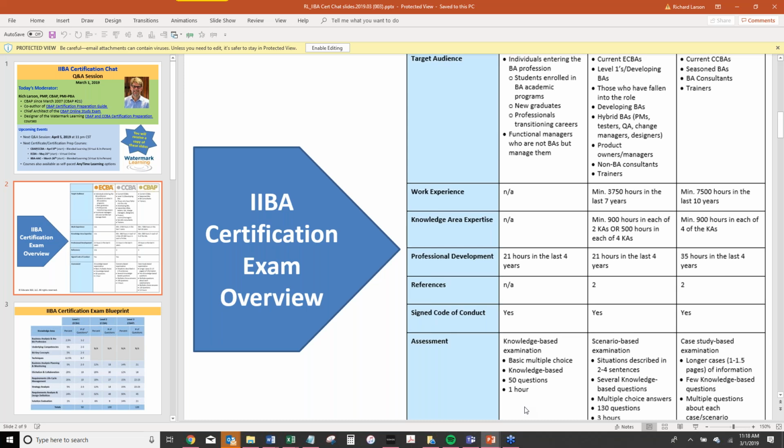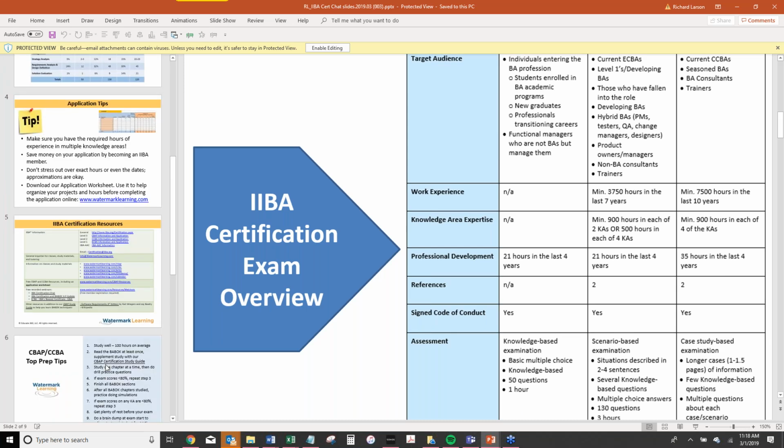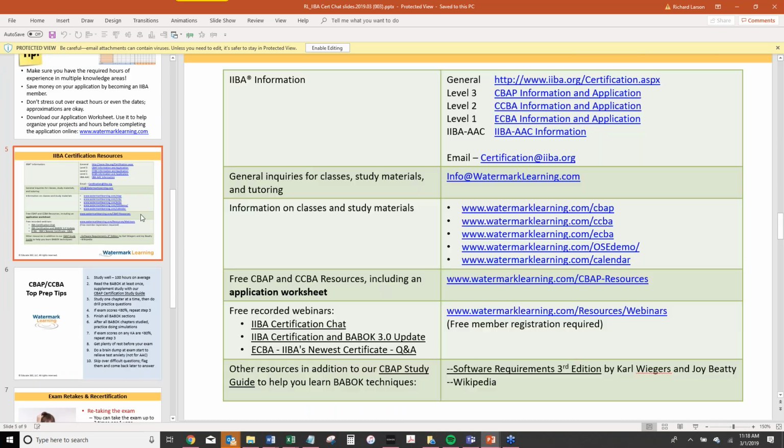So take a look at your BA experience. If you haven't already, I would download our CBAP application. Here we go, a CBAP application spreadsheet. We have that available. Here's the URL in your handouts to getting that. That application worksheet is great. It's helped a lot of people. We provide it free of charge to help you organize your project hours, as well as just the projects themselves